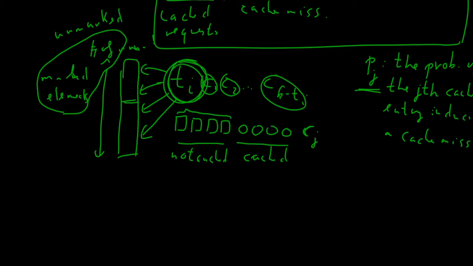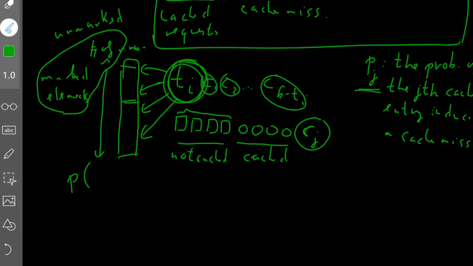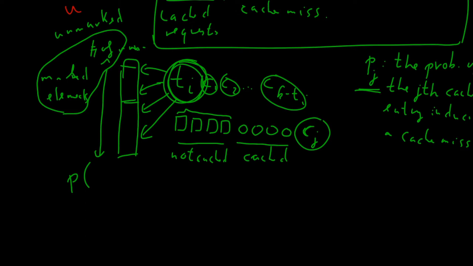So for example, P will denote the probability for that one. So for example, if I'm still free, the starting point is that CJ is cached at this point. So if CJ is cached, I will introduce some variables for these quantities. So U will denote the number of unmarked elements, N will denote the number of not cached elements, and C will denote the number of cached elements before CJ. So P,